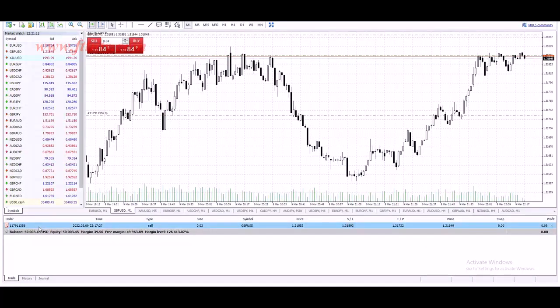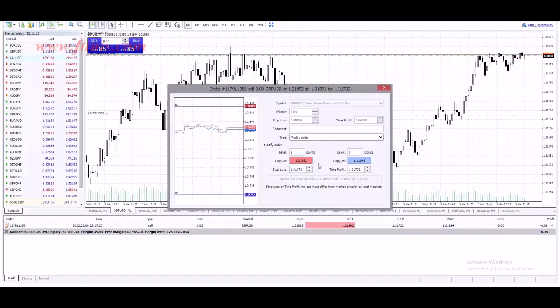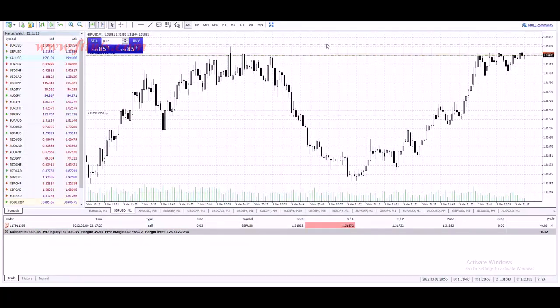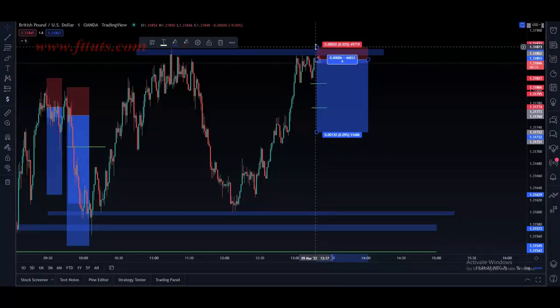Grabbed it, right click, modify. This is our new stop loss, okay? Now let's say that you wanted to do it faster, okay? Our original stop loss was somewhere up here. And so you went ahead, you pulled your stop loss down, and you see it's at, we don't really need